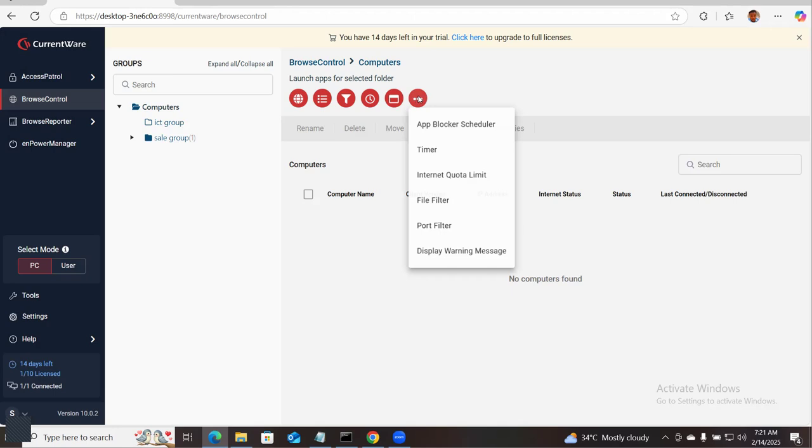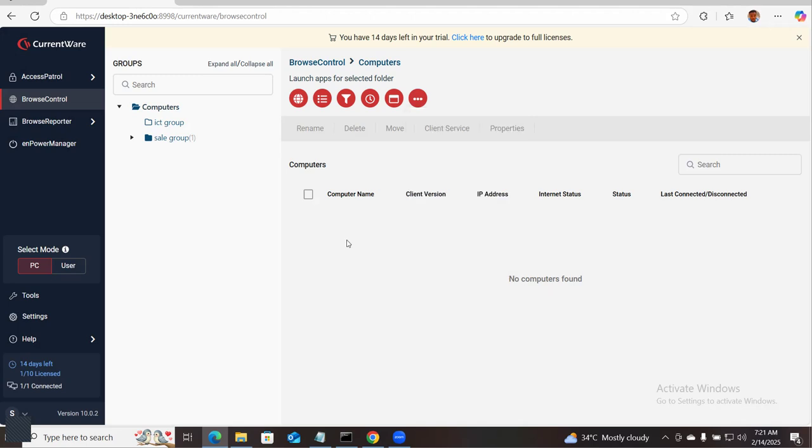So you can block files, you can block port numbers as well. That's how you can use browse control. So the next thing I will be explaining to you is how to use